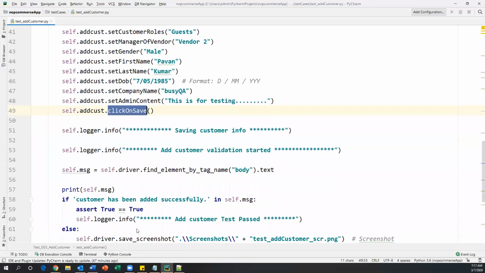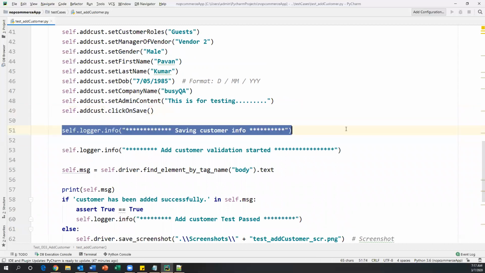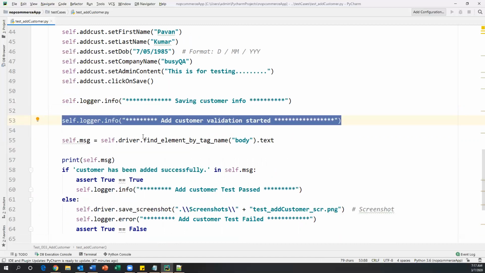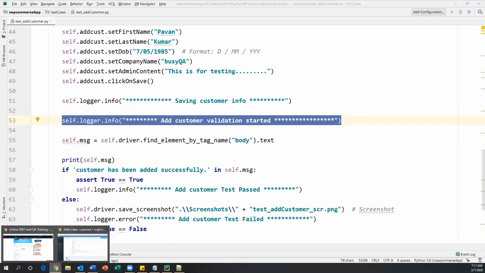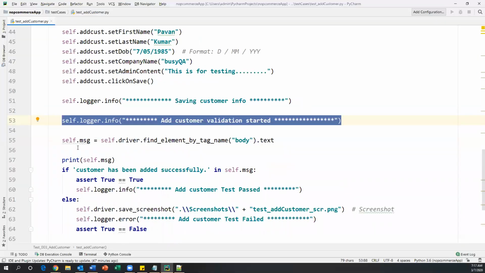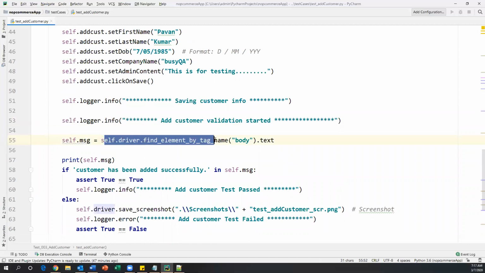Now validation will start. I'm sending some logger info, self.logger.info, saving customer info, and add customer validation started. So how can we validate? After adding all this data, you will get a message called customer added successfully. Here self.driver.find_element by tag name body.text.